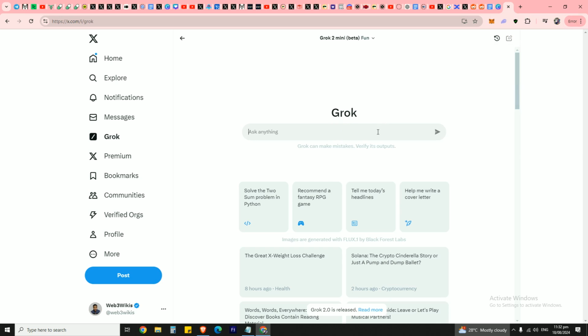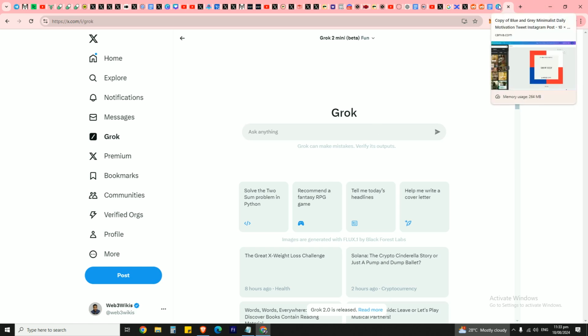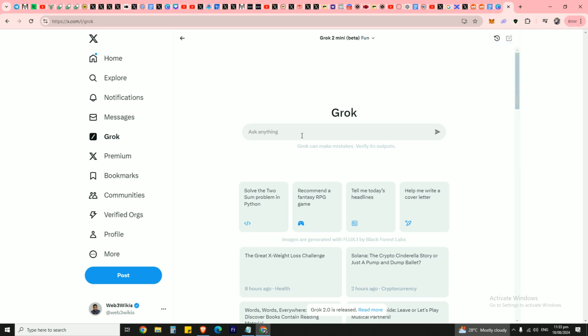So let's say that I wanted to create an UNDOGE meme in the span of a few seconds. Sometimes it may not take a few seconds because you have to involve your creativity in instituting the prompt. But let's say we want to create an UNDOGE meme similar to this with the inscription CEO yourself. We can say colored image as well. If you don't want it to be blank, you can give it color schemes, stuff like that. So let's say